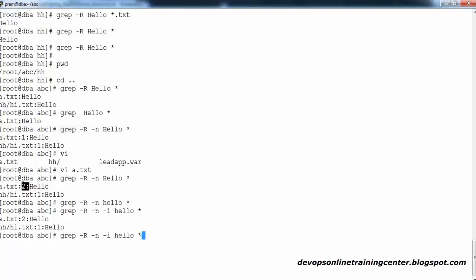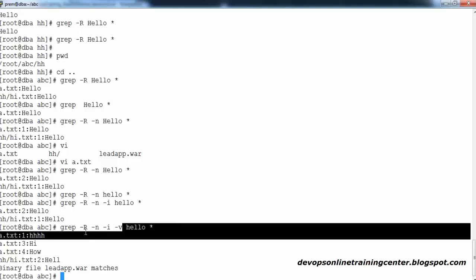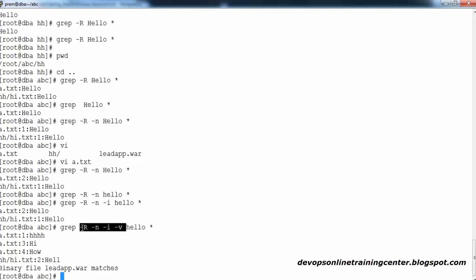Now somebody may ask you, could you please print all the files and lines which don't contain hello? Nothing but reverse of file searching. I'm searching for a pattern except lines which have that pattern. Remaining things you just need to print. So now look at this. Except hello, everything is printing. So that's the -v option, vice versa type. So these are the most important options which you'll be using quite frequently.